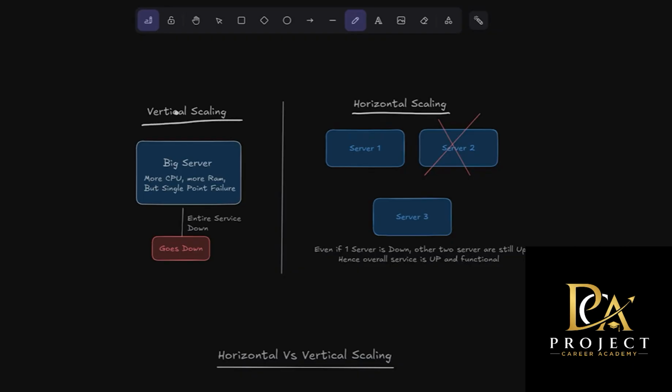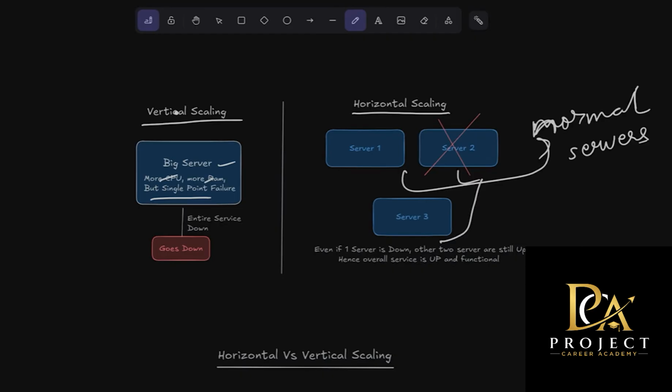And this is solved by horizontal scaling. To solve this problem, we move from vertical scaling to horizontal scaling. Instead of making one server bigger, we add more servers. Instead of one server, now you can add three. Automatically, the system becomes more resilient. So if server 1 were to fail, servers 2 and 3 can take up the load. The application can continue serving the users. This eliminates the single point of failure and increases the capacity significantly.